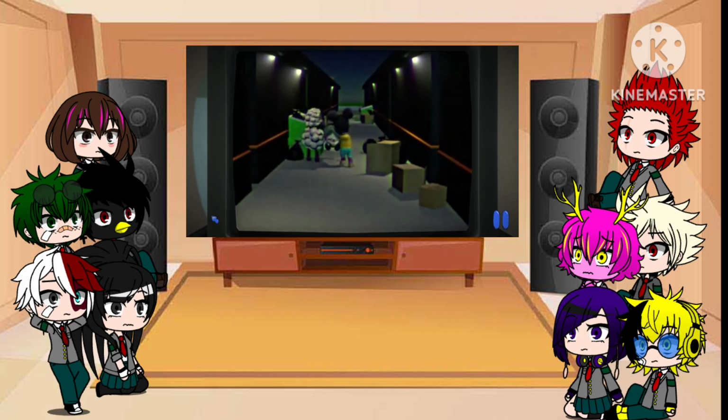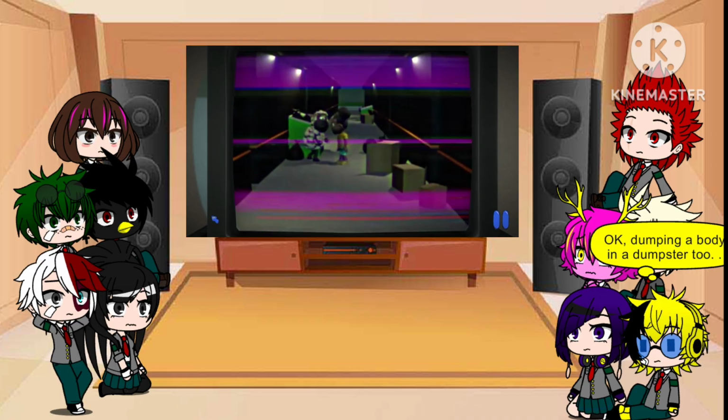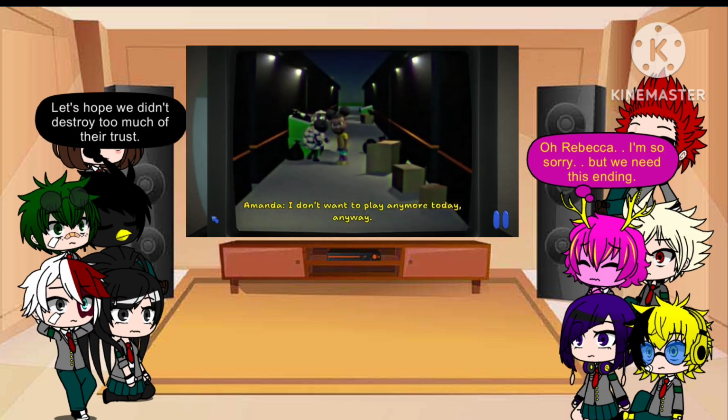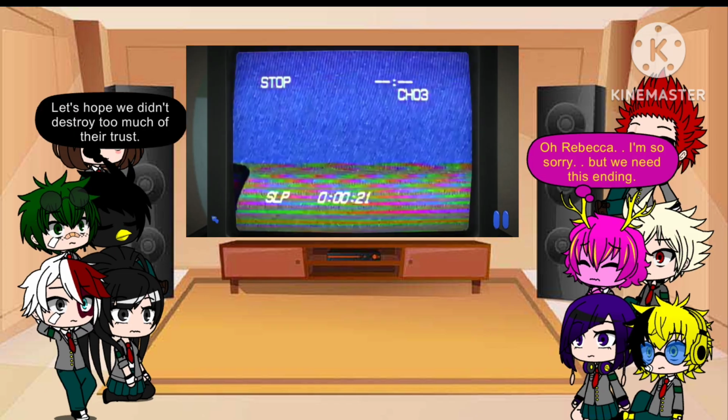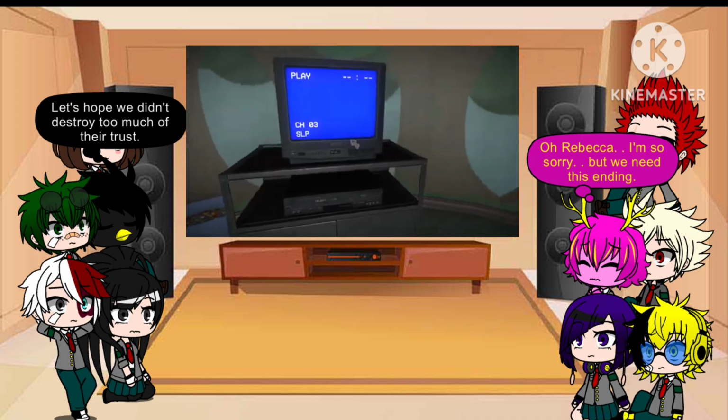We'll get back to that possum and its relevance to the story shortly, but as you can see, both Amanda and Wooly finally work together to defeat this pesky rodent, and then, frustrated with the player's lack of assistance, explain they no longer wish to play and storm off together. We then receive a cassette tape which appears at the entrance to the kids' corner.